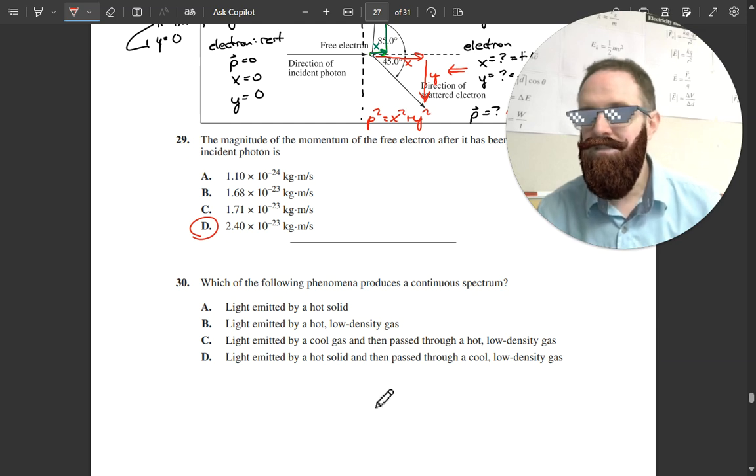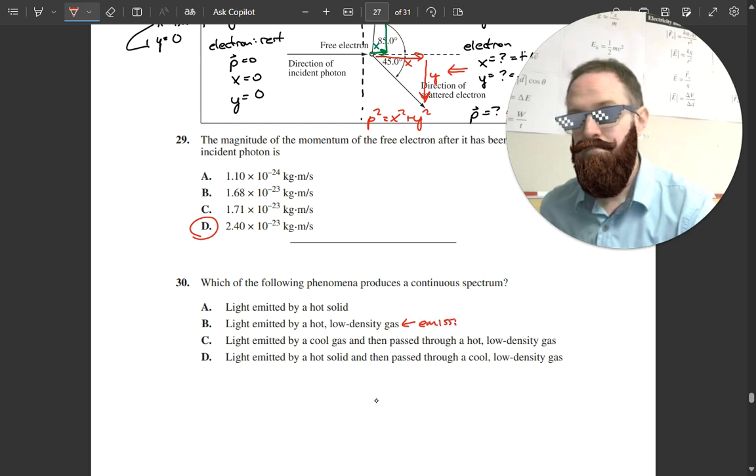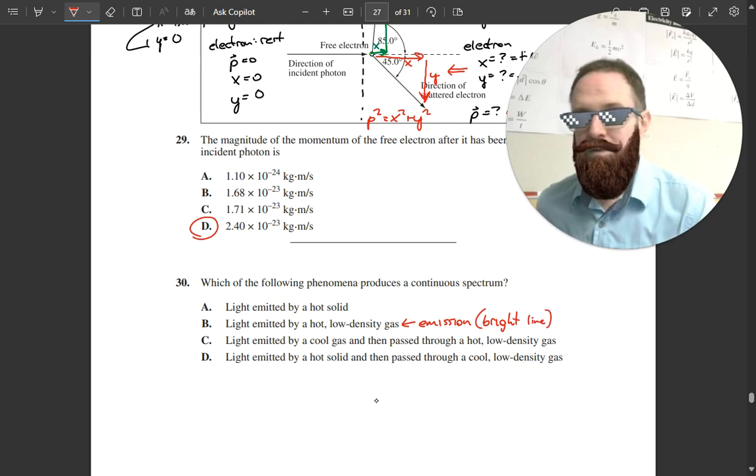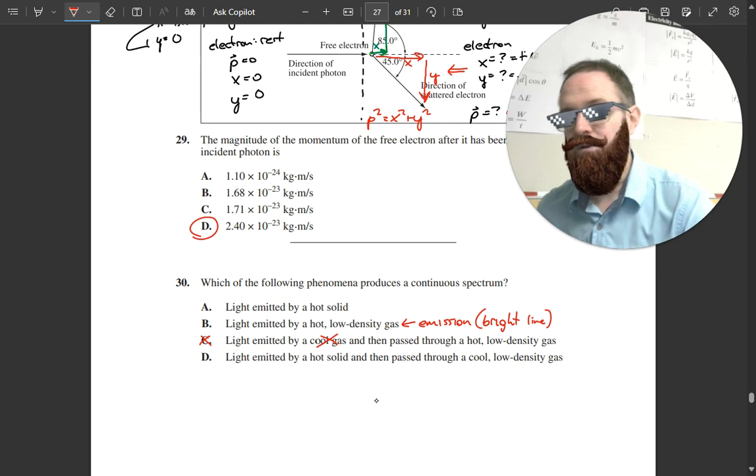Which of the following produces a continuous spectrum? Gas is not going to work. This is going to produce an emission spectrum, a bright line spectrum. Light emitted by a cool gas and then passed through a hot, dense solid, or a hot, dense gas. Light doesn't get produced from a cool gas, so this doesn't make any sense at all. I don't like C. So the light produced from a hot solid that passed through a cool gas is going to produce